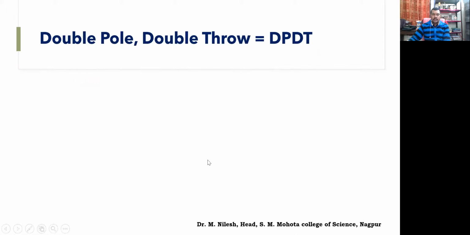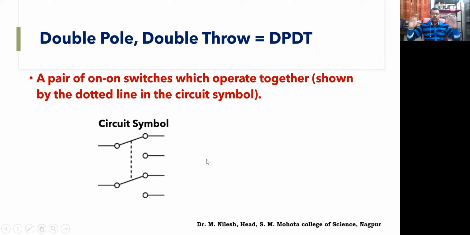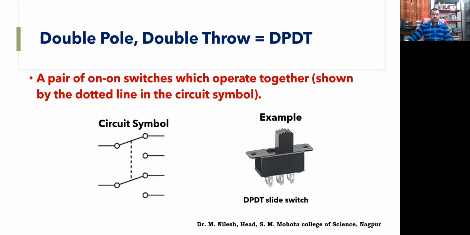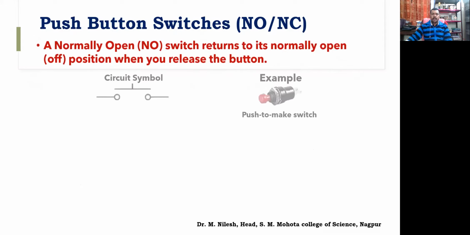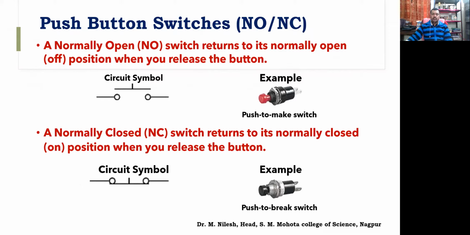And the last one is double pole double throw switch, that is DPDT. It means we have two poles and two throws, on or off. The four individual circuits can be made on or off accordingly as per our requirement. So that's the types of switch. Then this is a push button switch, which is normally open and normally closed. When we push, it becomes on; when we push, this becomes off. So these are some of the examples of those.